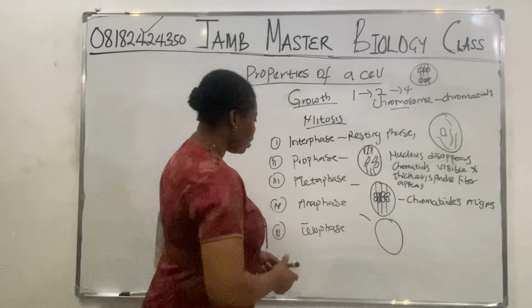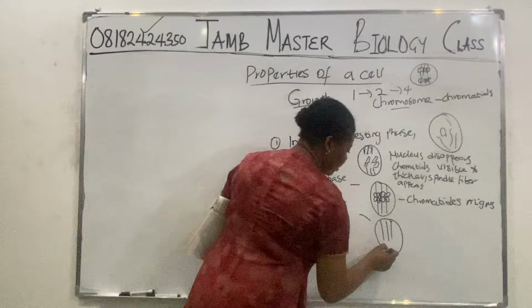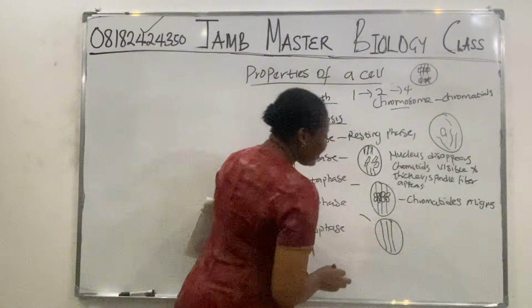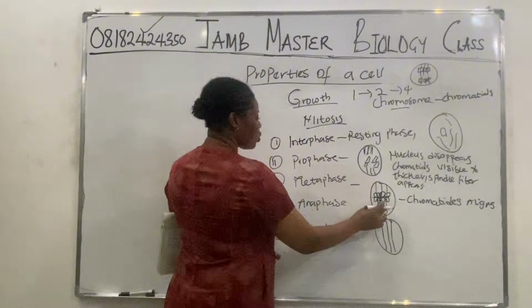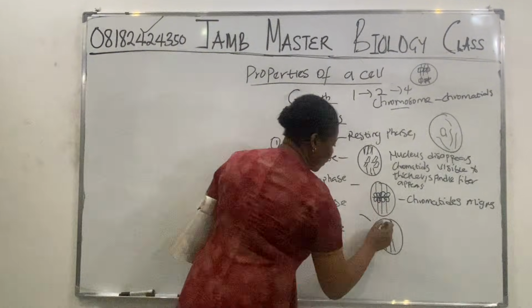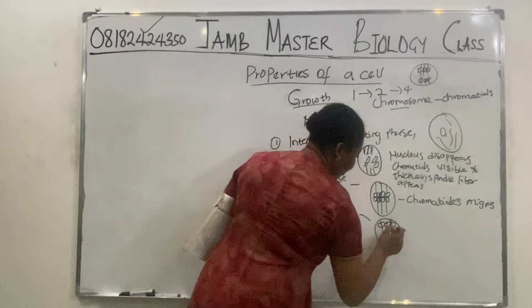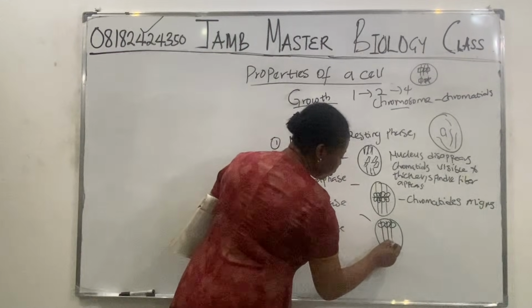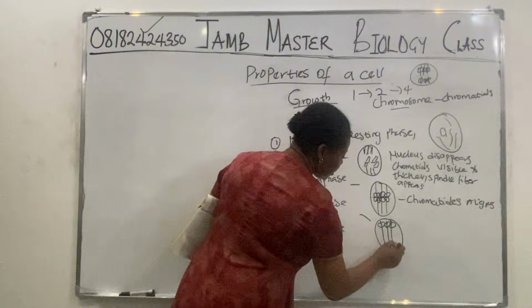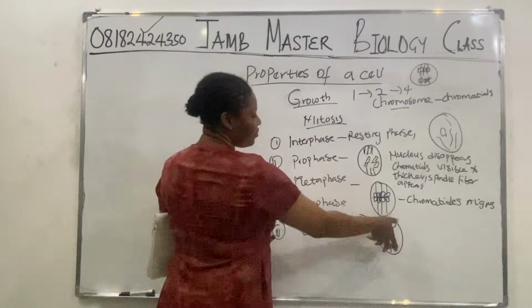That's how it goes. So in this anaphase now, this is anaphase, right? These things there, they will divide into 2. This one will go up, this one will come down. Look at what will happen. This one will be here. This one will be here. This one will be here. This downside will now come here to form their own like this. So this is anaphase. They will divide.